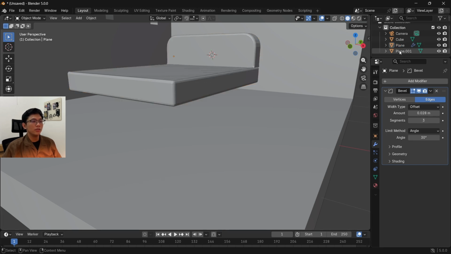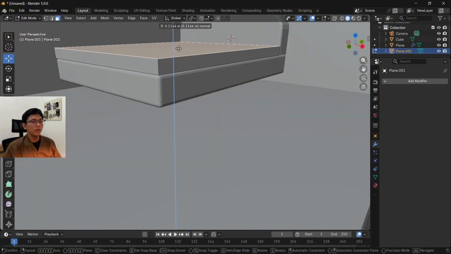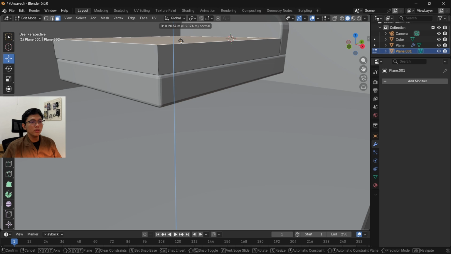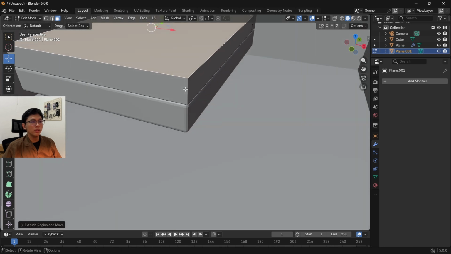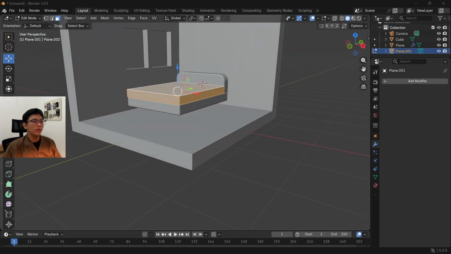Next, we will extrude the plane for the mattress upward. Okay, we adjust it. Okay, this is enough. We also add the bevel modifier to the mattress so it looks more realistic, since mattresses usually don't have sharp edges.